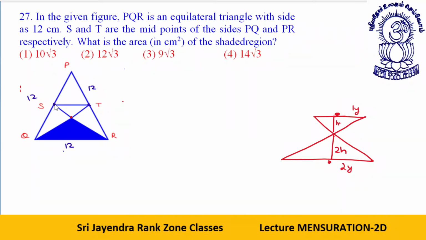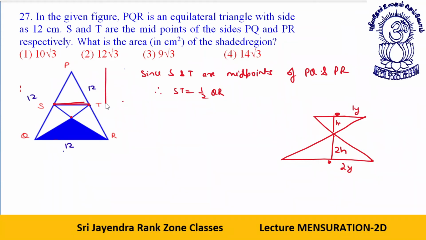So these are the midpoints. If these are the midpoints, then this will also be the midpoint. Since S and T are midpoints of PQ and PR, therefore ST is equal to half of QR. ST is equal to half of QR. One thing is clear to everyone. Okay. See, these are the midpoints. So what I can say, dear students,